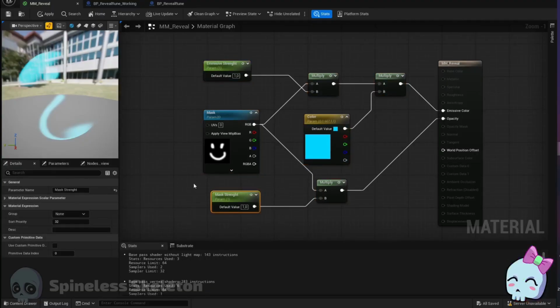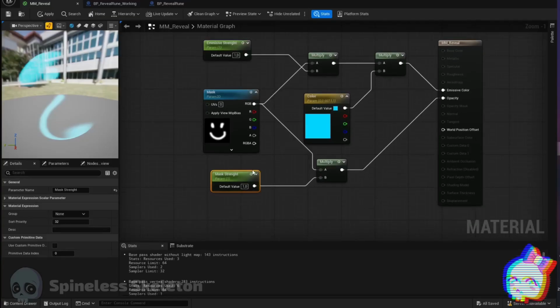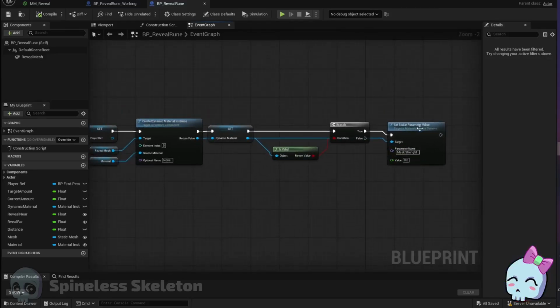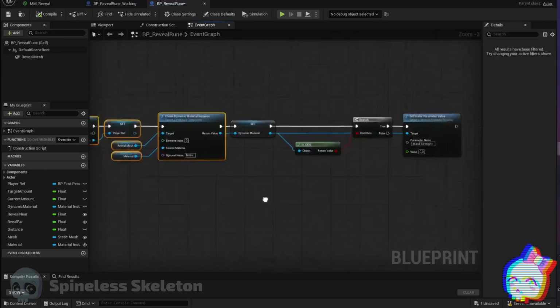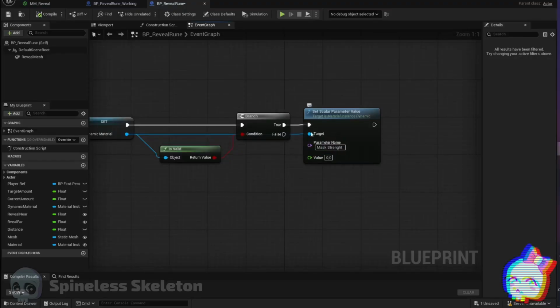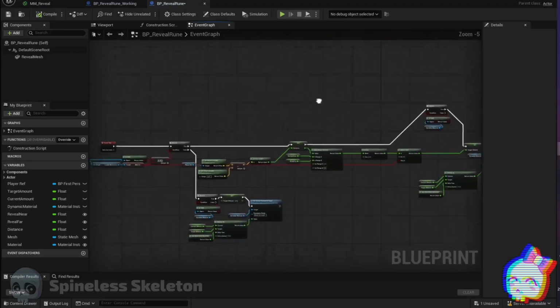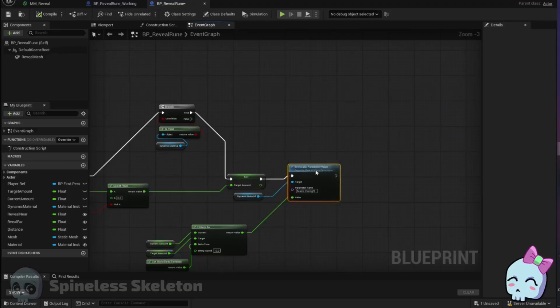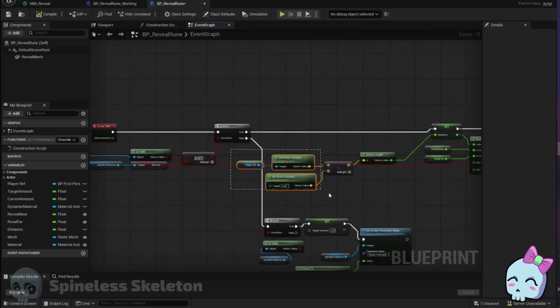The only thing that actually changes with the blueprint is the mask strength, that opacity goes up and down the closer you move to the object or the further you go from it. To do that, I created a blueprint that is actually in all our revealable items and spirits and everything. It all shares this same simple system where you have a dynamic material and mask strength being the parameter you change. So this is all a simple calculation that tells the parameter where the player is, and based on the player's location,